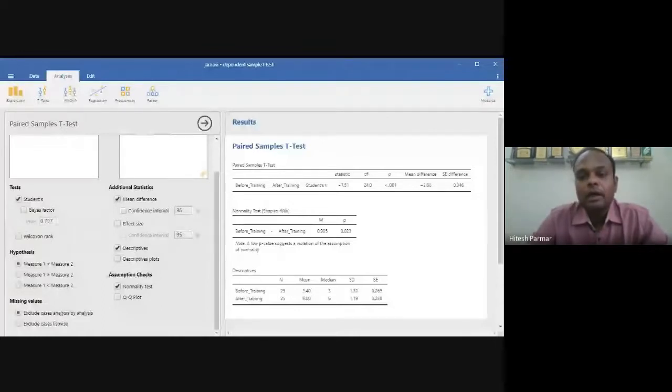To apply any parametric test, our assumption is that the variable is normally distributed. In this case, we are violating the assumption of normality. So in an ideal situation, you cannot apply this test, paired sample t-test, and you can switch to a non-parametric test called Wilcoxon test. There is an option available on the left-hand side, this one, Wilcoxon rank test.